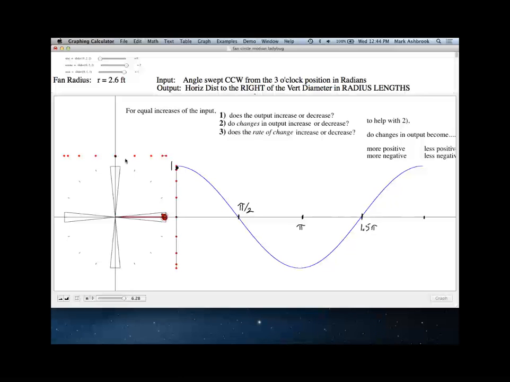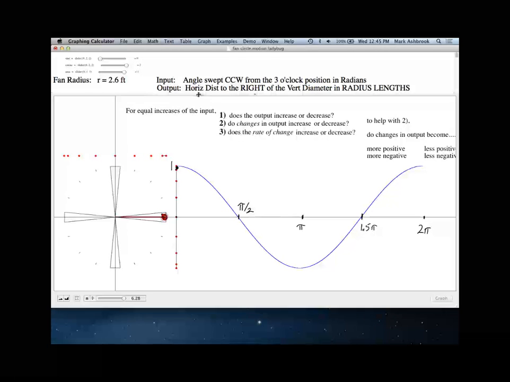Here are the changes, getting less positive. Therefore, the rate of change is decreasing, and the graph is concave down. Okay, so here our input is angle swept counterclockwise from 3 o'clock, and the output is the horizontal